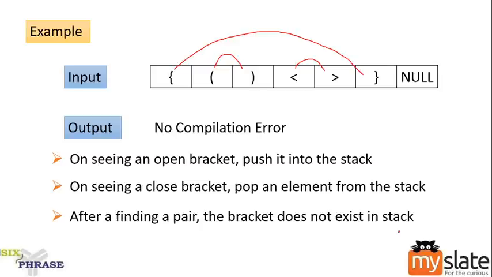If it is paired, it will not exist in the stack. Only unmatched open brackets will exist in the stack. When you see an open bracket, perform push. When you see a closed bracket, perform pop. Okay. Now, let me